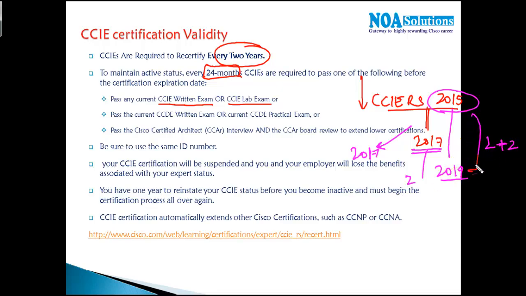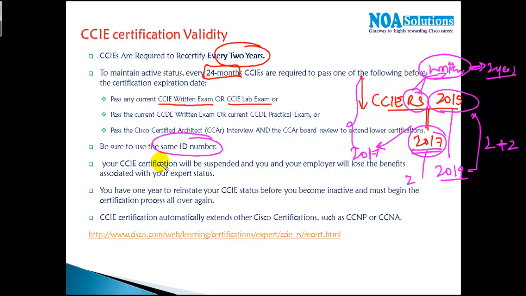Or if you want to extend the validity and you're not planning for any other CCIE track, you can write the CCIE Routing and Switching written exam again, and that written exam again extends your validity for the next 2 years. So either you can pass the existing written exam which you already cleared, or another CCIE. Both are going to extend your CCIE status. Make sure that you use the same ID number each time you book your exams,